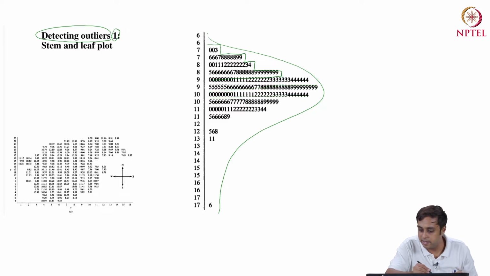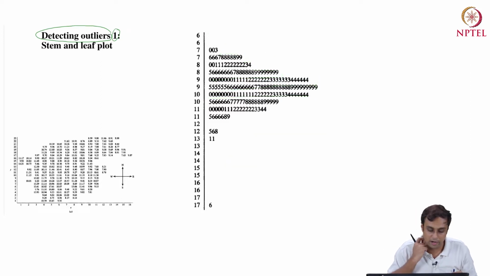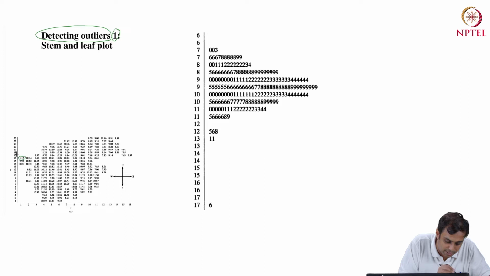The second thing is how is it actually constructed? The stem and leaf plot is constructed by taking each value in my data, rounding it off to the first decimal order. So let's say I have 11.17, that will become 11.2. I have 9.92, which will just be 10, 10.21, which will be 10.2. I have 10.14, I'm going to call it 10.1. Then I have 10.82, which will be 10.8, 10.7, 9.9, 11.3, and so on and so forth.